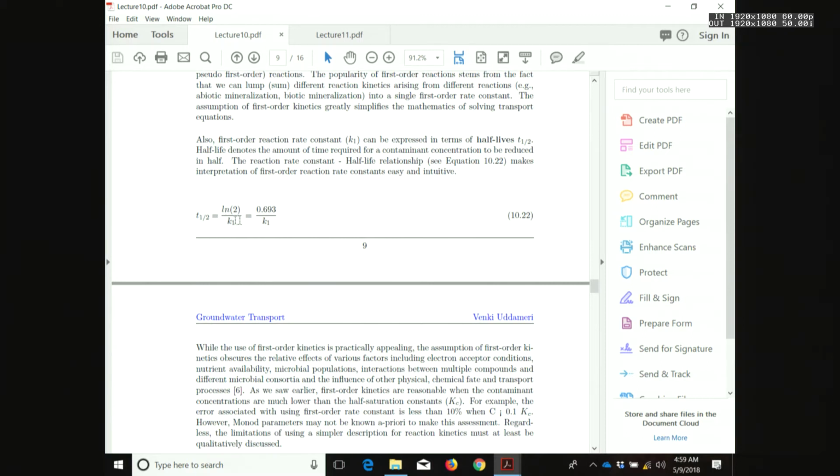I've showed you what half-life is. Half-life is very commonly reported. When you take half-life data from the literature, be very careful what half-lives you're picking. Generally speaking, if you do an experiment, a microbial experiment or a degradation experiment or reaction experiment in a batch reactor, that rate will be much higher than what you will encounter in groundwater,